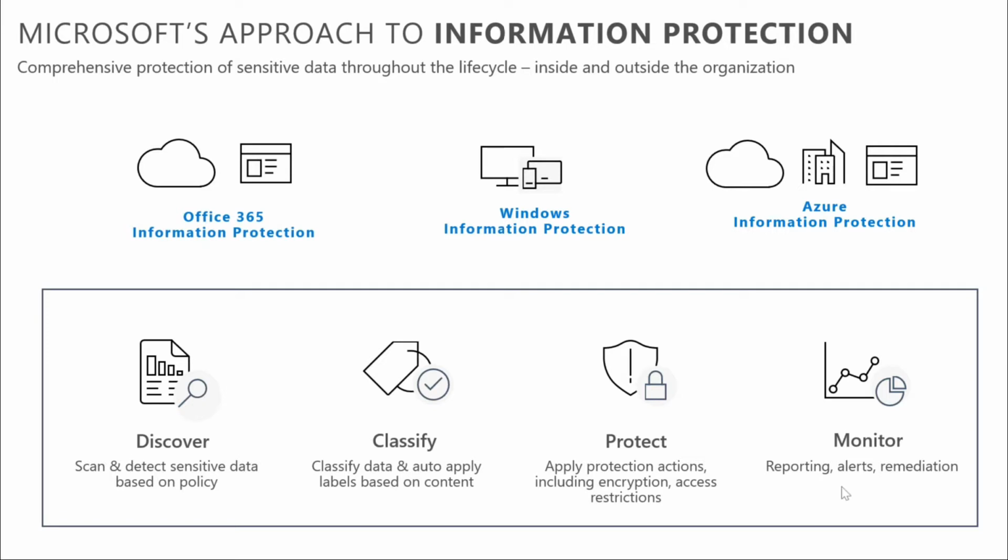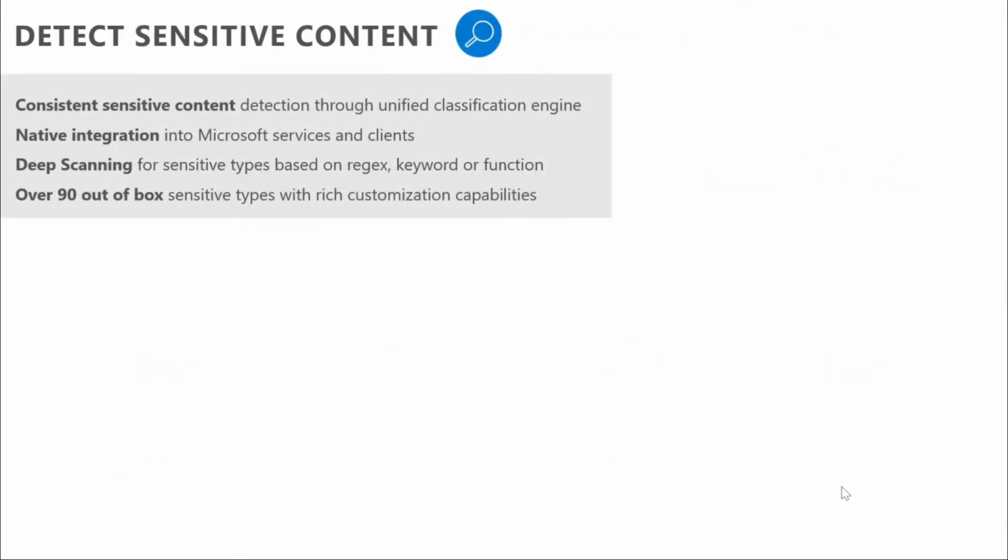So first step is obviously discovering what you have, classifying it based on your organization's classifications. This could be top secret, confidential, high confidential. You decide what is important for your organization, and then you put the protections around it. And then you monitor obviously who's accessing those files, where those files are, who they're sharing it with, who's opening it, who's editing it, things like that. And all this is automated. So that's the cool part, right?